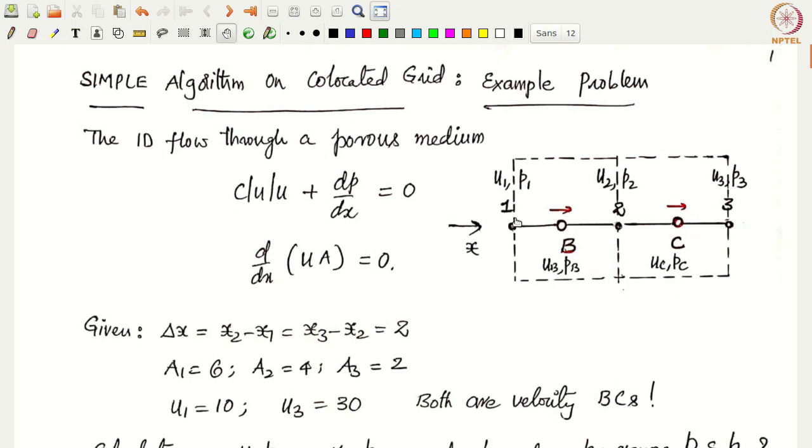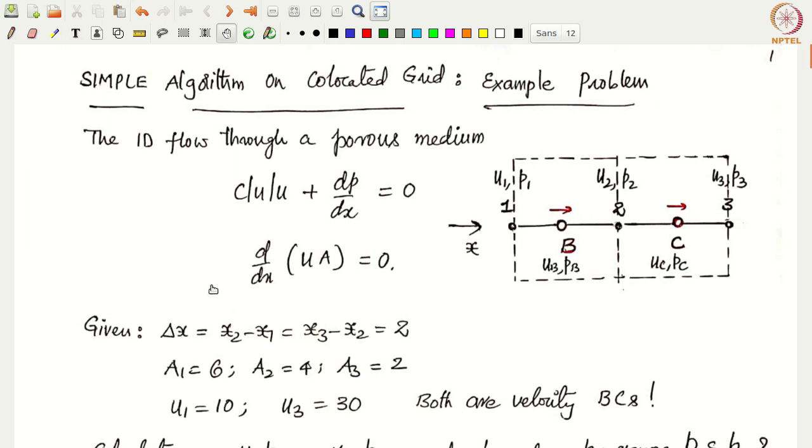Now in addition we have three faces, 1, 2, 3, which are the west and east faces for cell B, and 2 and 3 form the west and east faces for cell C. On these faces we also need the velocities u1, u2 and u3, which would be utilized in writing the continuity equation for cell C and cell B. We would also need pressures on the faces, P1, P2, P3, which would be required when we write the adjacent pressures for these equations. So I am denoting the faces using 1, 2, 3, and the respective variables are u1, p1, u2, p2 and u3, p3.